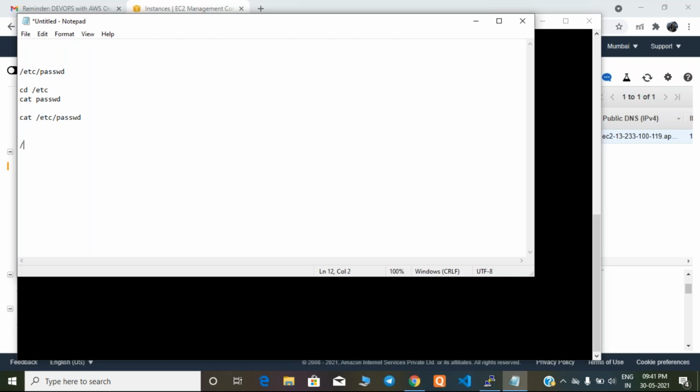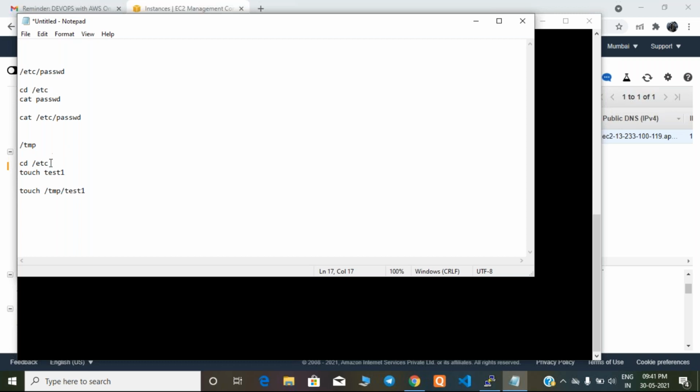For example, currently I'm in the tmp folder and I want to create a file in etc. There are two ways. First, go to the etc folder, then create a file like this, or else directly you can do this one. Both are the same only.